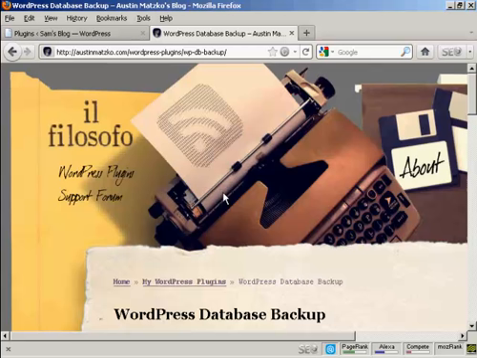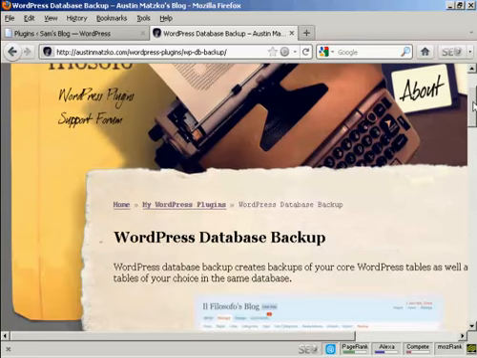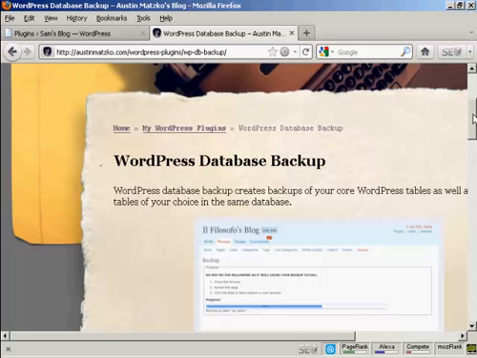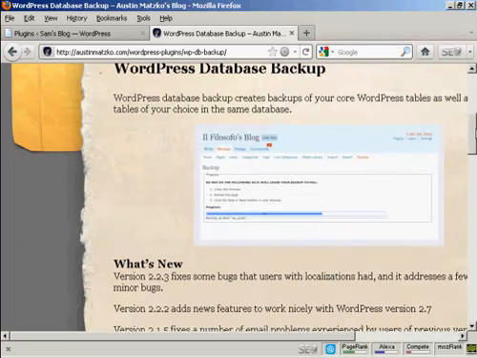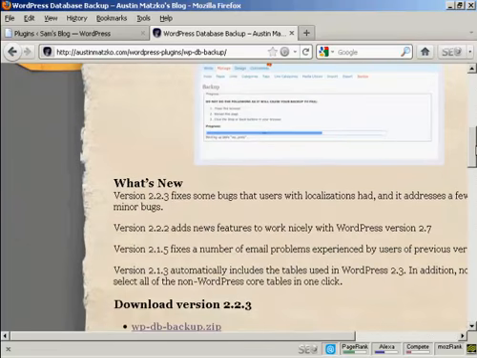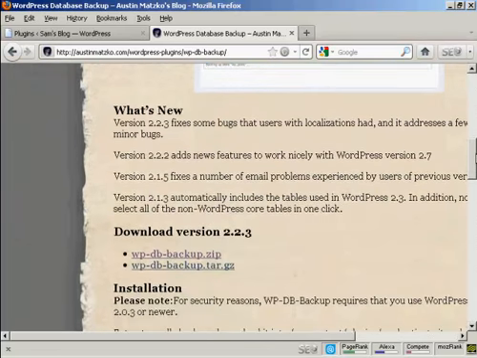Now you can go ahead and back up the MySQL databases from cPanel like I've just shown you, but there is an easier way of doing it, and that's by using a plugin. And the plugin that I have in mind is this one. It's called the WordPress Database Backup, and it backs up the tables and everything in your MySQL databases,